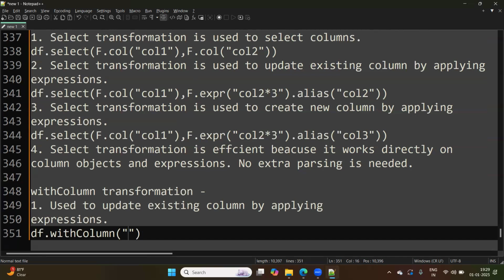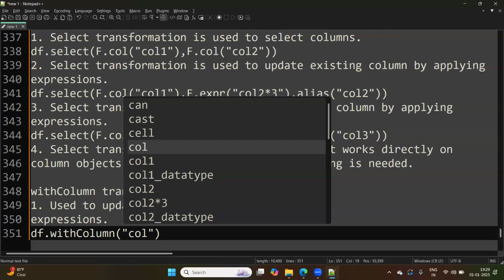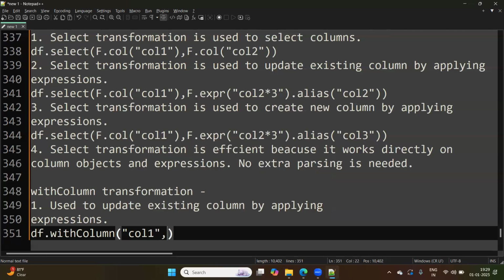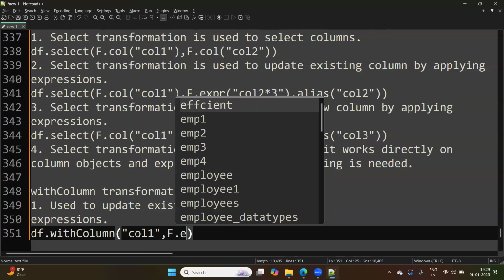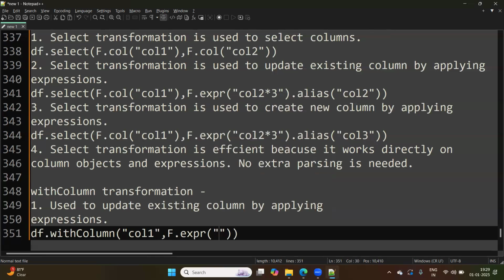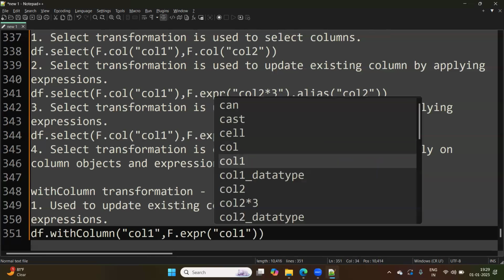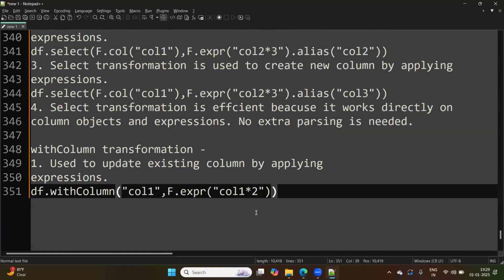Let's say I call an existing column, what do I have to do? expr, okay? Column one into, let's say, two. So I have updated an existing column. Now it is also used to